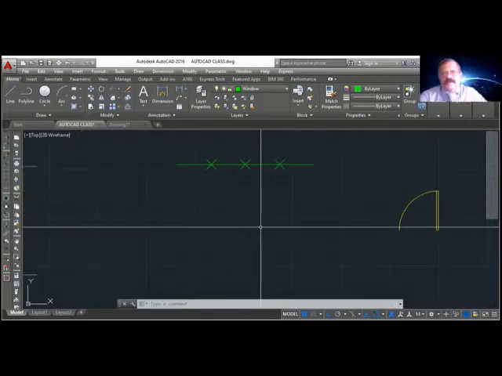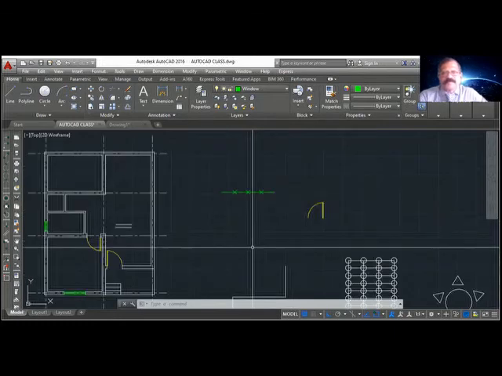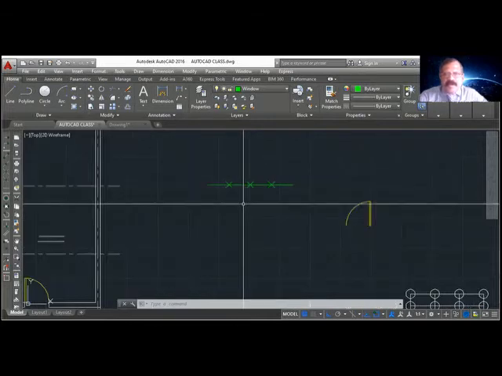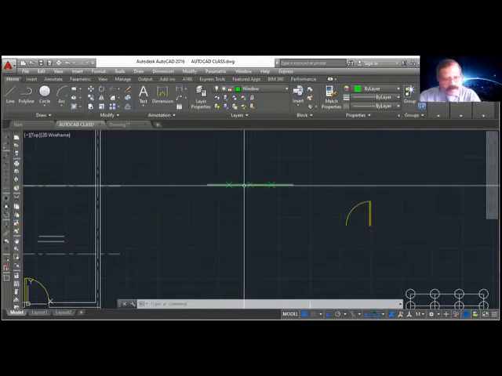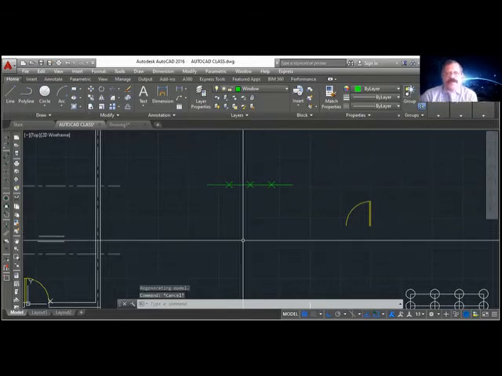So where is this? You can use this in different places. For example, I can use the divide using the block. Now I use the divide using the points. Let me type DDPTYPE. To see the dividing points, you have to use DDPTYPE. So use divide to divide an object in equal parts. Divide, select object, number of segments. The object will be divided into the number of segments given.